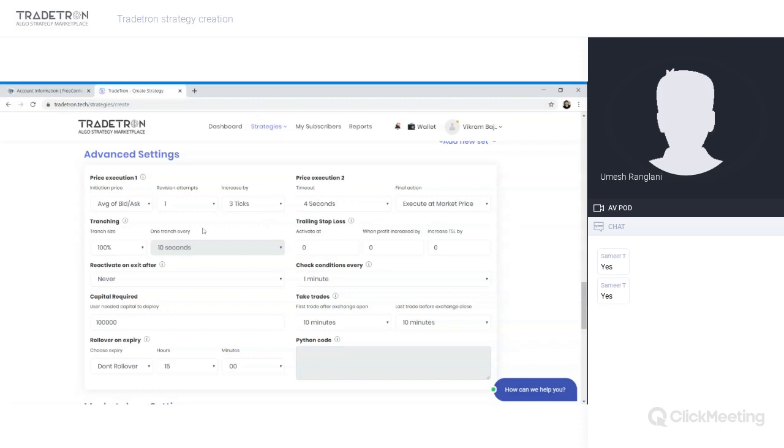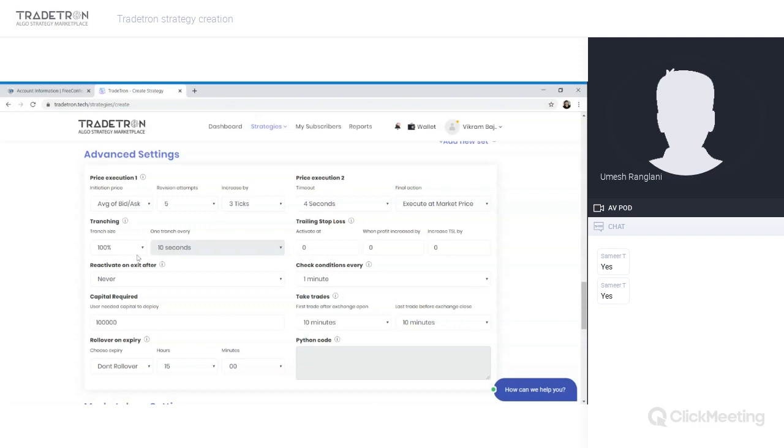So let's say after 4 seconds, I want to revise it by 3 ticks in the direction of my trade. So if I want to buy, it will increase the order price by 3 ticks, which is 15 paisa. And you can decide how many such attempts of 4 seconds to be made to get a fill. So let's say if I want to make 5 such attempts, it will make 5 attempts of 4 seconds. So for 20 seconds, it will keep on bidding. And at the end, if it is not getting a fill with limit orders, then it will place the order at market price. Or if you want, you can straight away put a market order. If you think that the liquidity is good in markets and slippages will be less, then you can just go ahead with market orders.